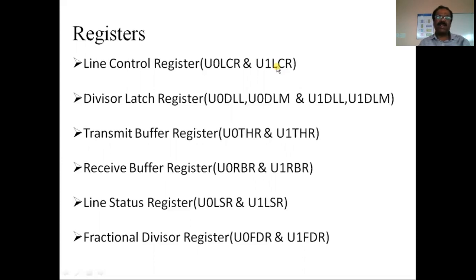Serial communication requires only two lines, the transmit data line and the receive data line. Along with this, it requires a power supply, that's all. But in parallel communication, if you want to transmit a single character, we require 8 lines. Therefore, it requires more lines. It's faster, fine, but it requires more hardware.